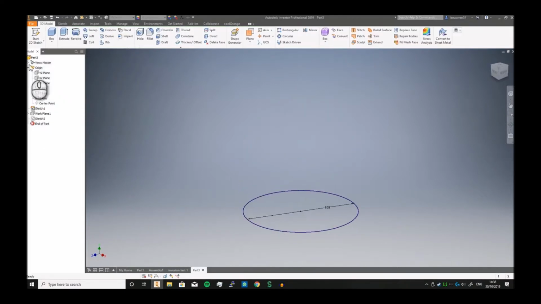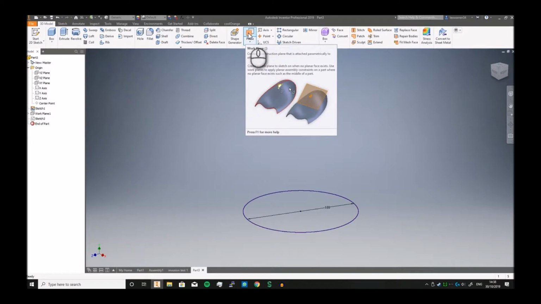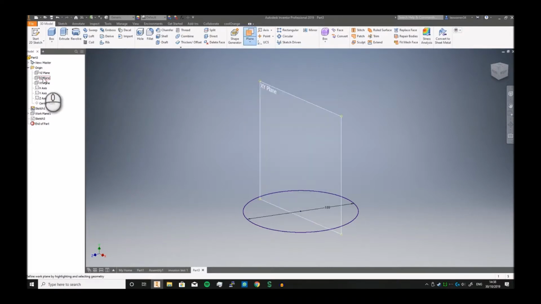Right. Next part you go into is sweep. Sweep is a special kind of extrude. It instead takes a profile like extrude, but it sweeps it and kind of extrudes it along that path. So if I just select,